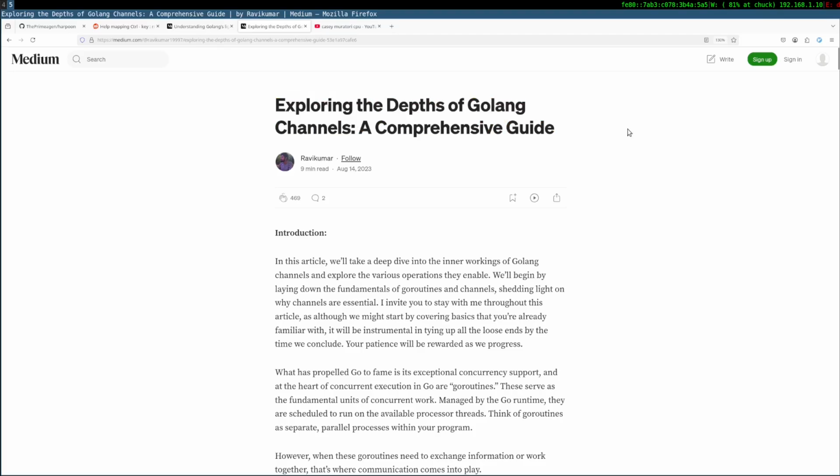Exploring the depth of Golang channels, a comprehensive guide. In this article, we'll take a deep dive into the inner workings of Golang channels and explore the various options they enable. We begin by laying down the fundamentals of Go routines and channels, shedding light on why channels are essential. I invite you to stay with me through this article, although we might start by covering basics that you're already familiar with.